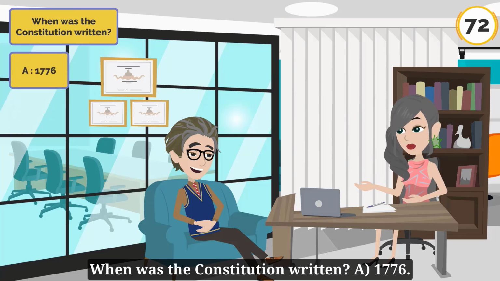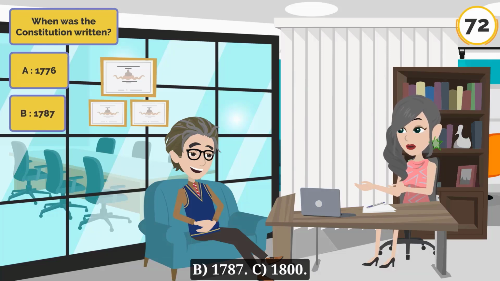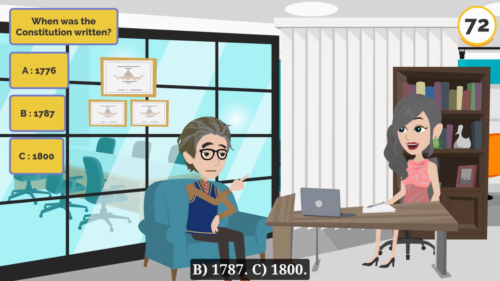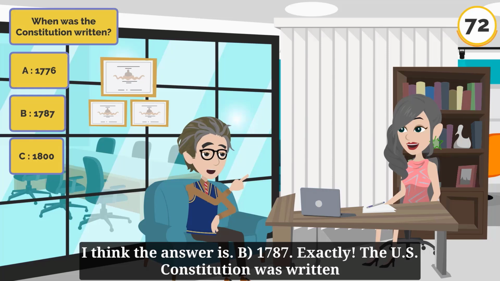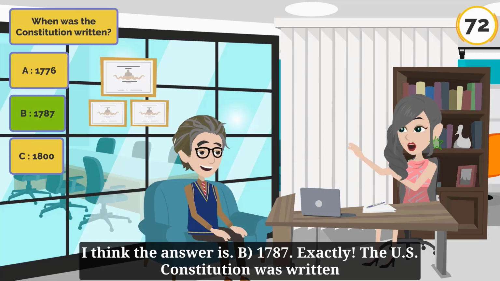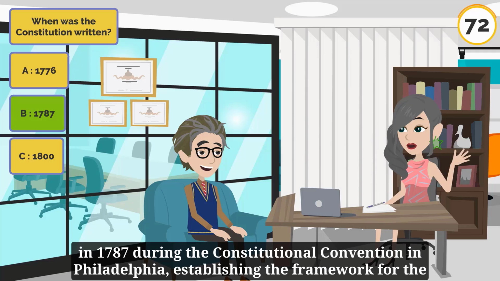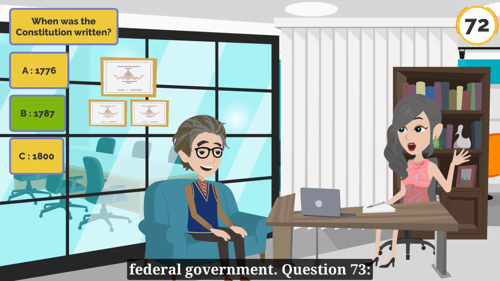Question 72. When was the Constitution written? A. 1776. B. 1787. C. 1800. I think the answer is B. 1787. Exactly. The U.S. Constitution was written in 1787 during the Constitutional Convention in Philadelphia, establishing the framework for the federal